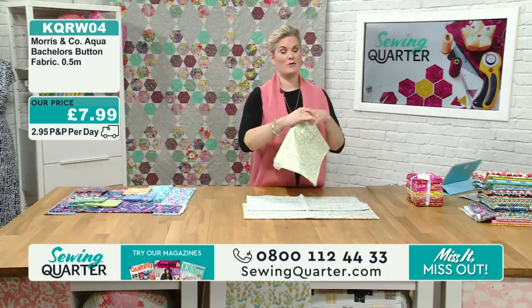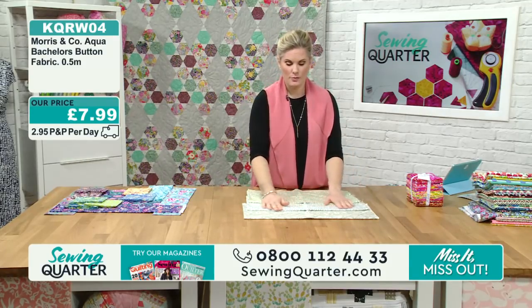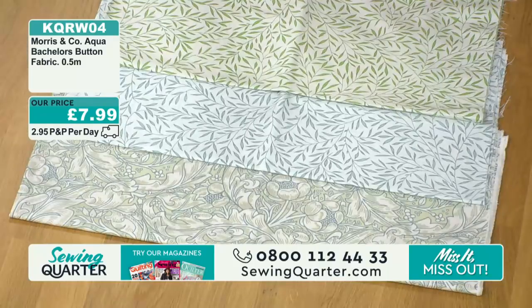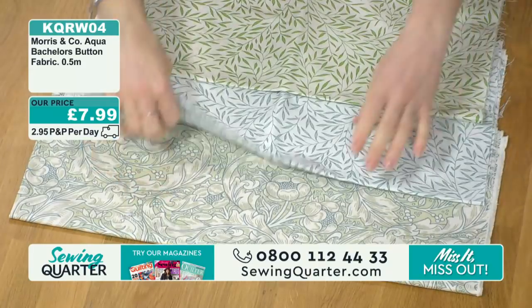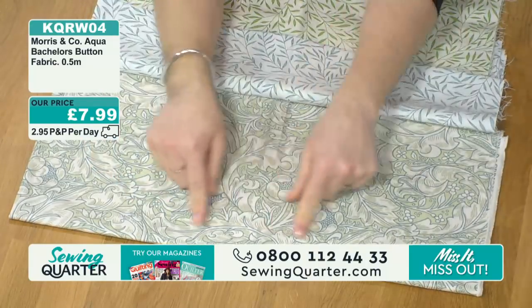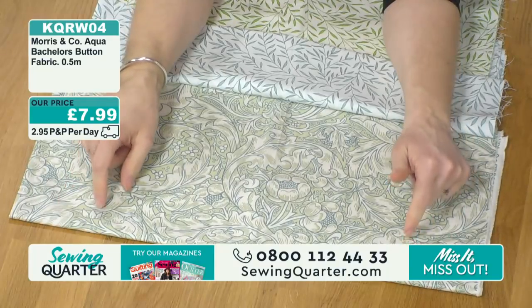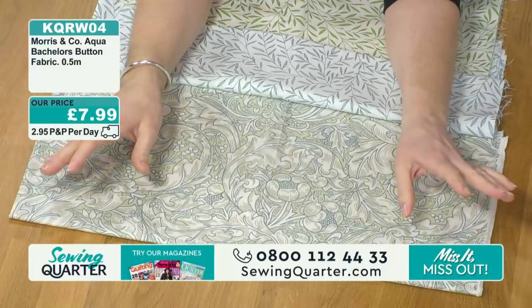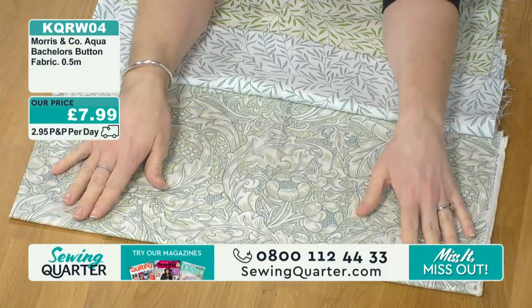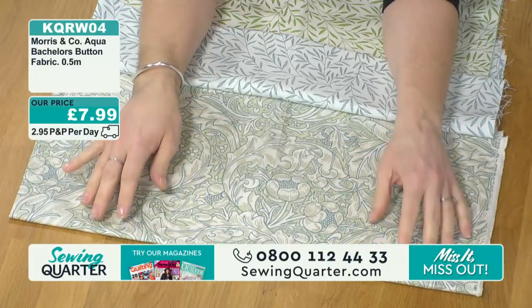We're trying to get, well, look, we can only get what we can get. So I don't want to make promises that things are going to come back if we can't get them. All I know is that at the moment we have this in the company, which is your bachelor's button. Half the stock we started with this morning has gone. Just since we came to air this morning, half of the stock of that has gone. So if you want your William Morris, don't miss out. This is $7.99 per half a meter,